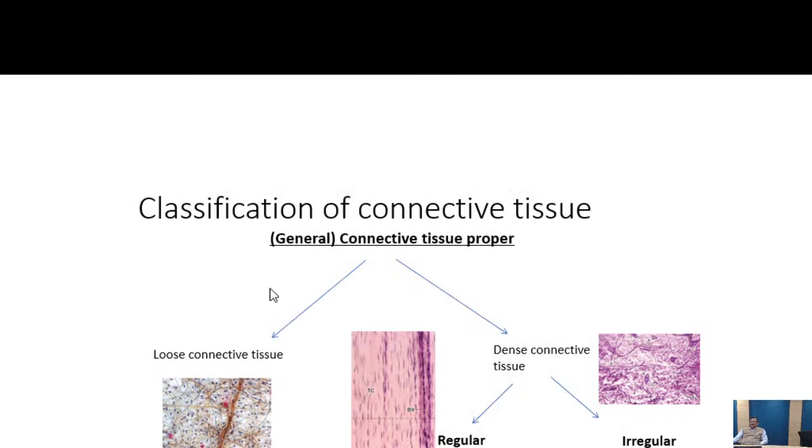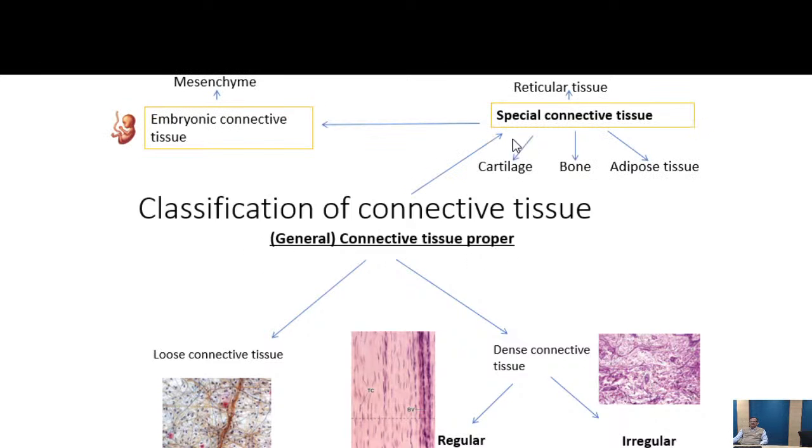So, classification of connective tissue. Connective tissue can be classified into connective tissue proper and special connective tissue. When we are looking at general connective tissue, or connective tissue proper, it can be loose connective tissue or dense connective tissue. Dense connective tissue can be further divided into regular and irregular. Examples of each: loose connective tissue is present in the superficial fascia and the papillary layer of the dermis; dense regular connective tissue, where the fibers are regularly arranged, has the examples of tendons and ligaments;